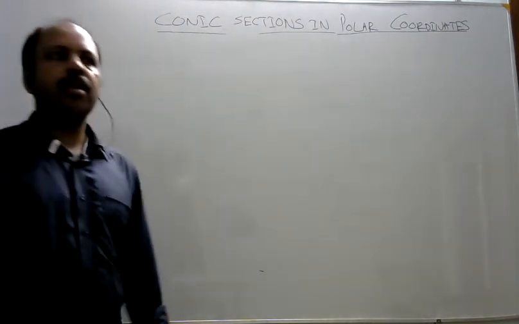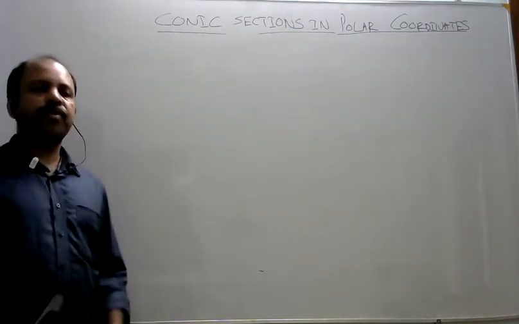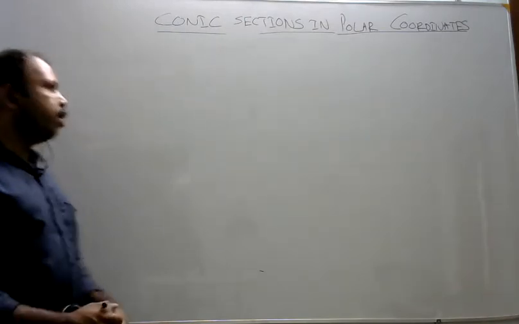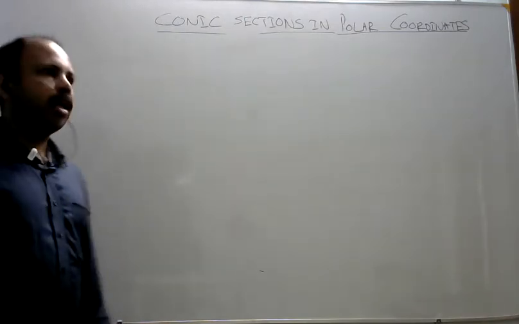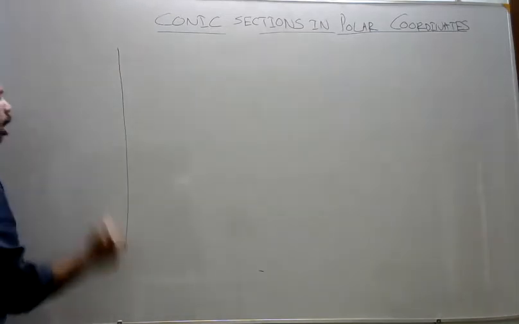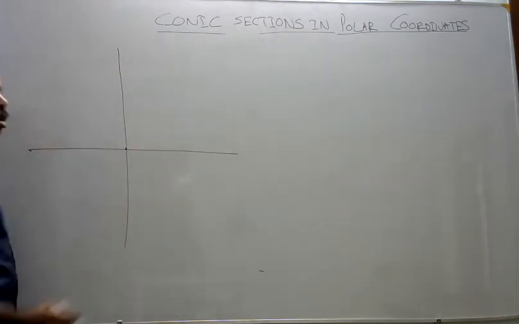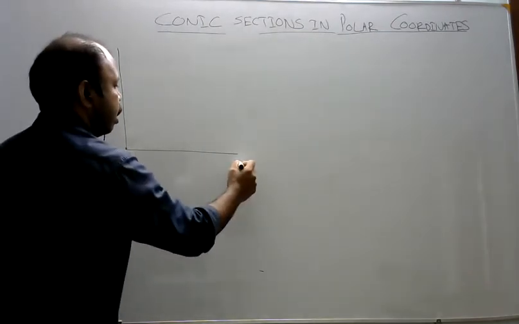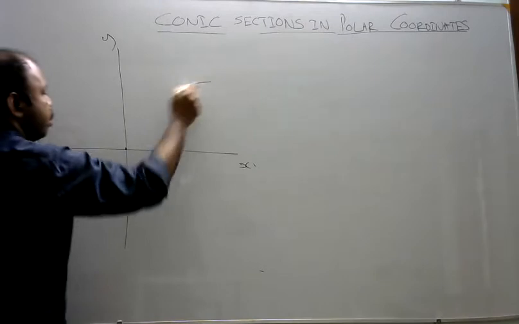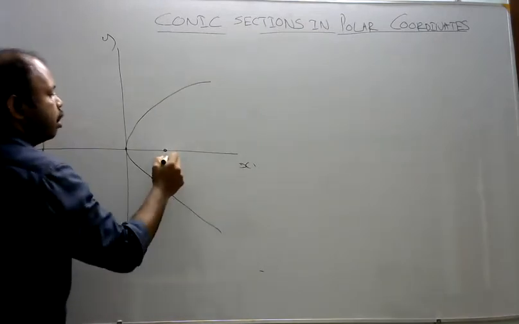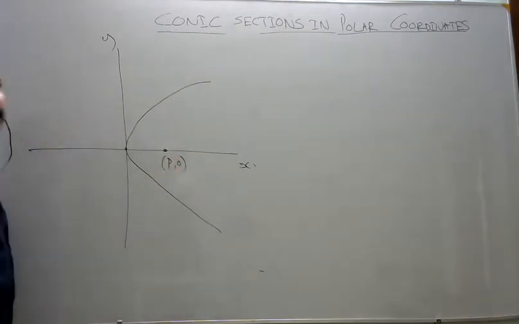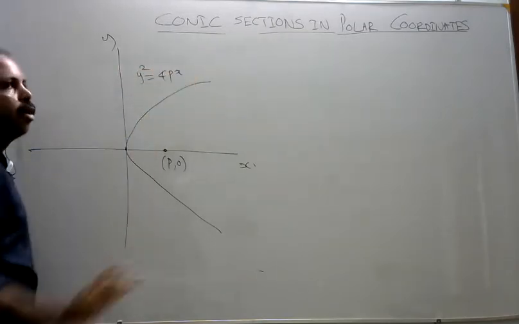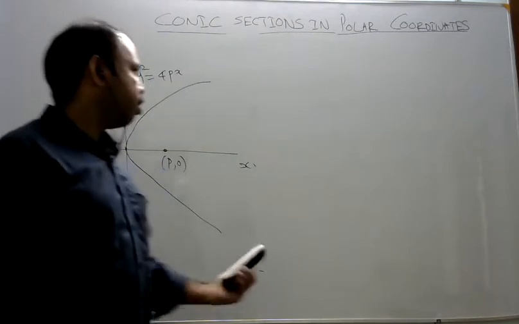For this purpose, we once again recall the definition of conics, their properties and equations in standard position. As we know, in standard position, for a parabola the vertex is at the origin, and its focus is either on the x-axis or the y-axis. Consider the case with the focus at (p, 0). Then we know that the equation is y squared equals 4px, and we will not go into detailed discussion.